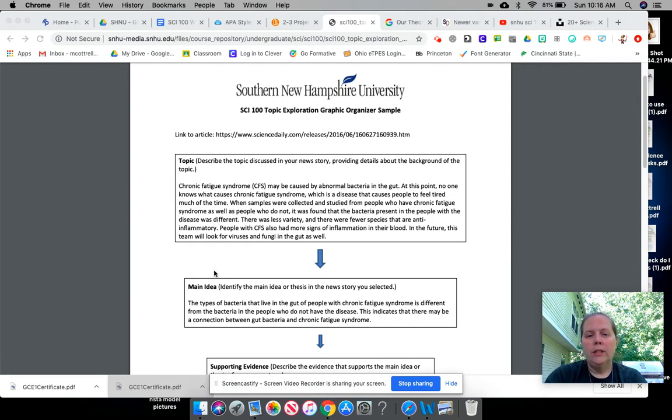I thought I would put together a quick little synopsis of what your first project should look like and some of the things that I'm looking for to help you do your best. Project 2 is a graphic organizer, and feel free to click on the graphic organizer and open that up and just type right into the boxes. There is a sample that is part of the assignment, and the sample is very good. The only thing the sample is missing is the in-text citation. So that's one thing that I'm going to be going over, as well as each of the items.